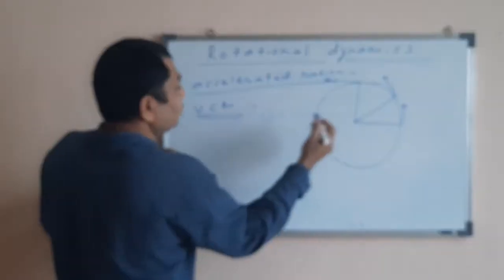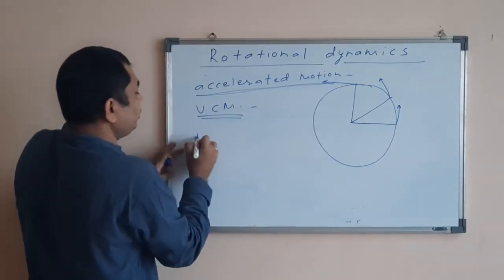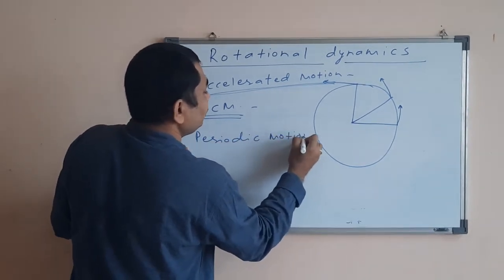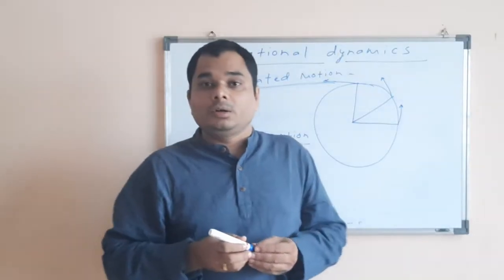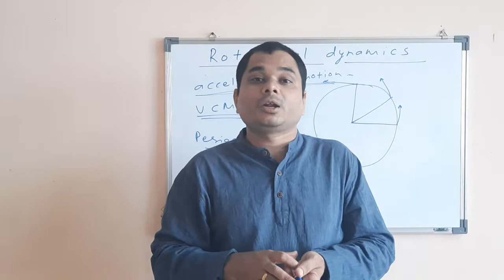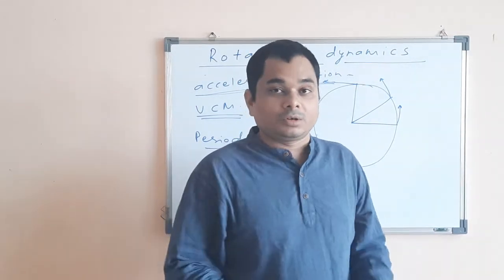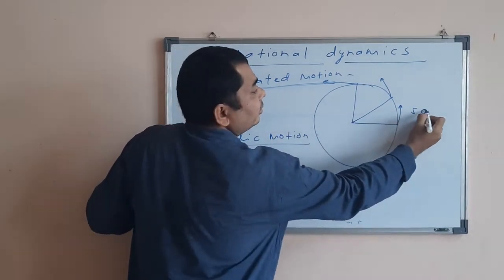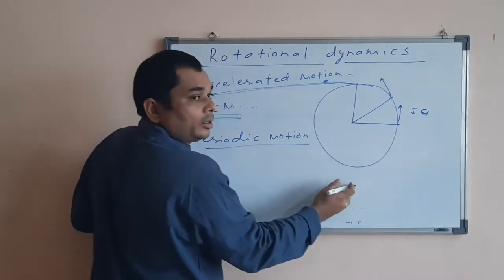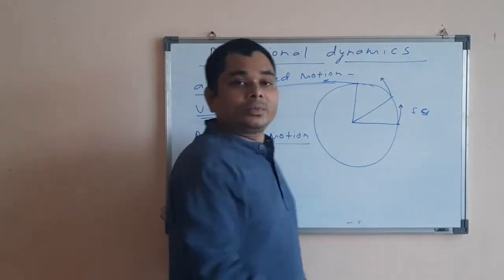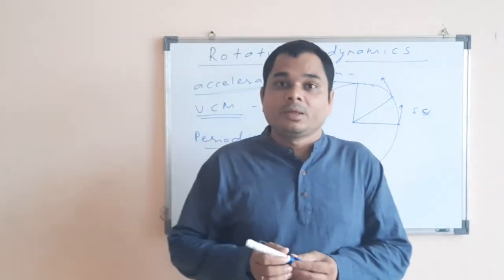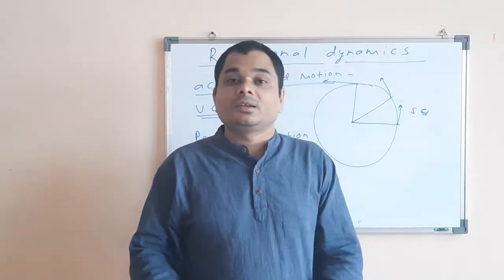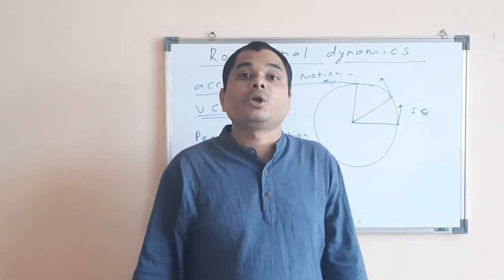So this is uniform circular motion, and uniform circular motion is a periodic motion. I hope you already know this term. Periodic motion is what? If a motion repeats itself in a fixed or definite interval of time, then we say that this is a periodic motion. So if the particle has constant speed, suppose in 5 seconds this particle performs one circle, then in the next 5 seconds it will again perform the same circle, it will come to the same position. So this motion is repeating itself periodically. That is the reason why we say that uniform circular motion is a periodic motion.